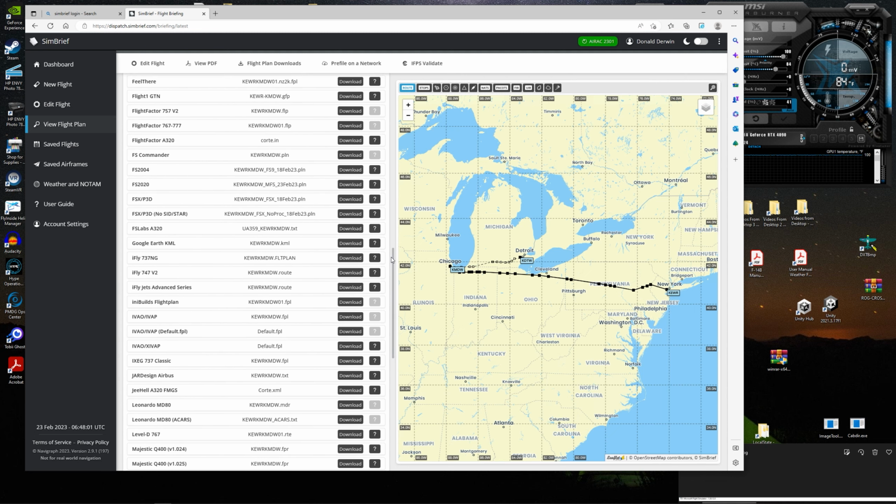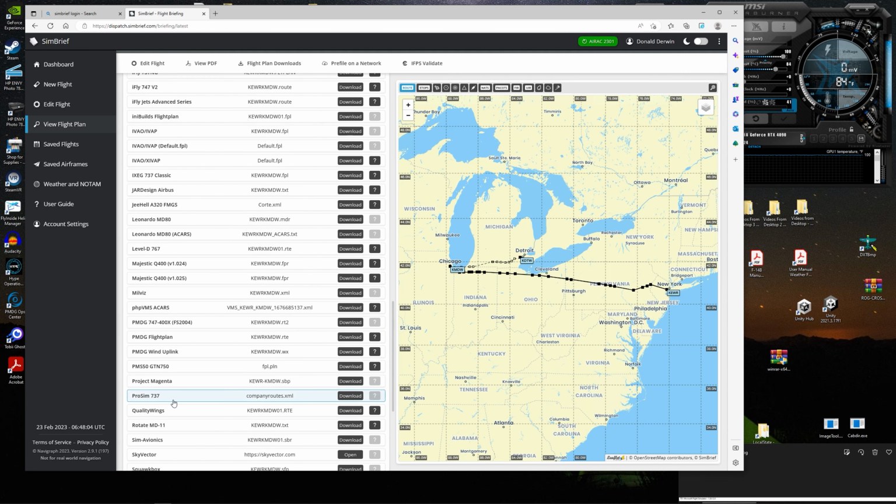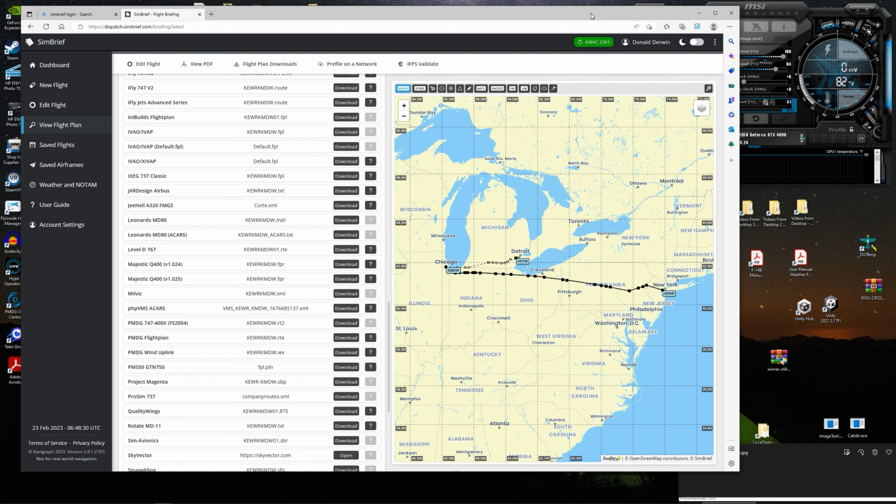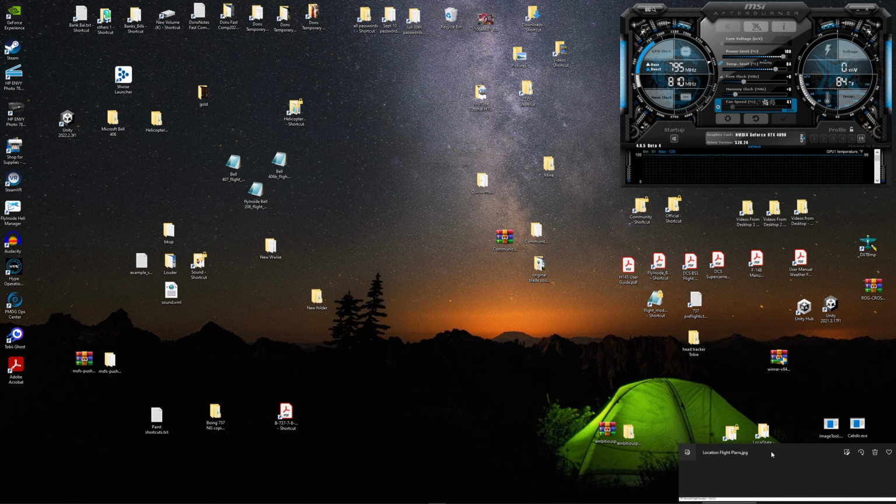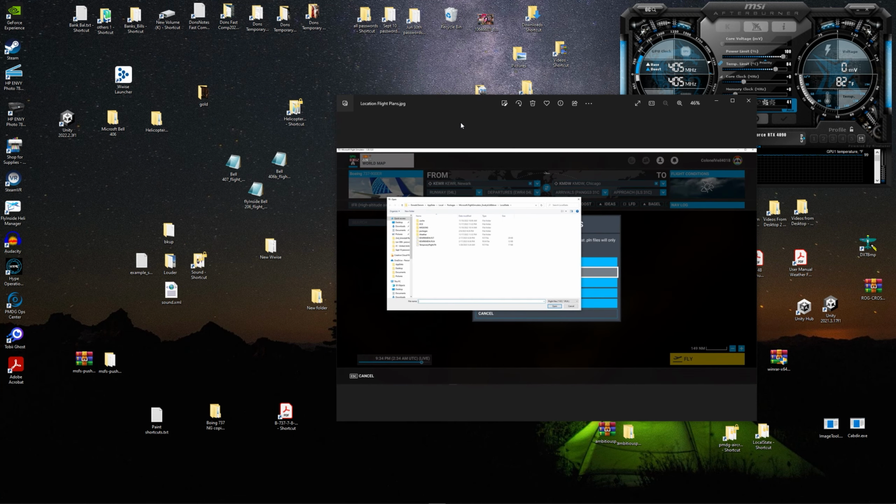And then you come down here, look for PMDG flight plan, download that. It's a route.rte file. Then here's the PMDG wind uplink. You download it to your download folder, or wherever you have it defaulted to. Then, once you got that,